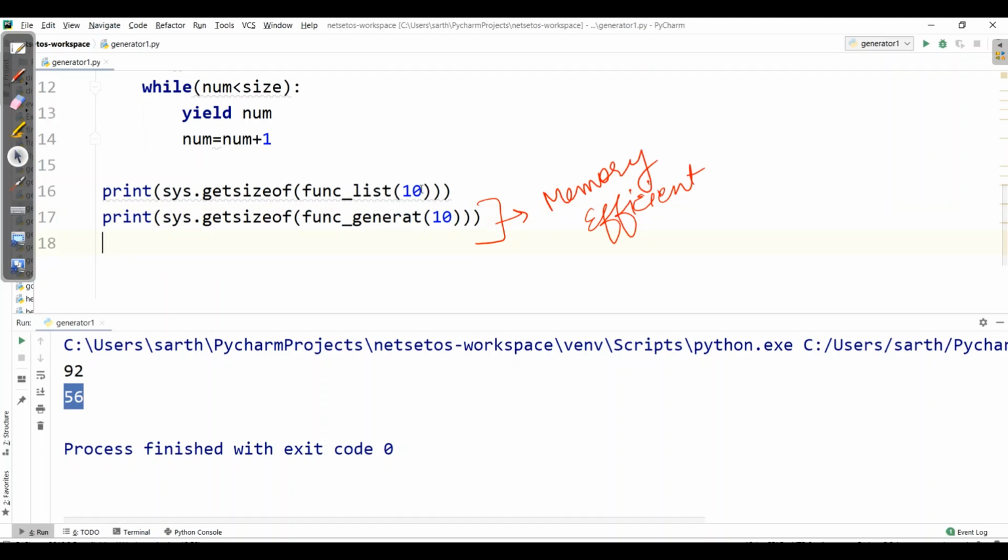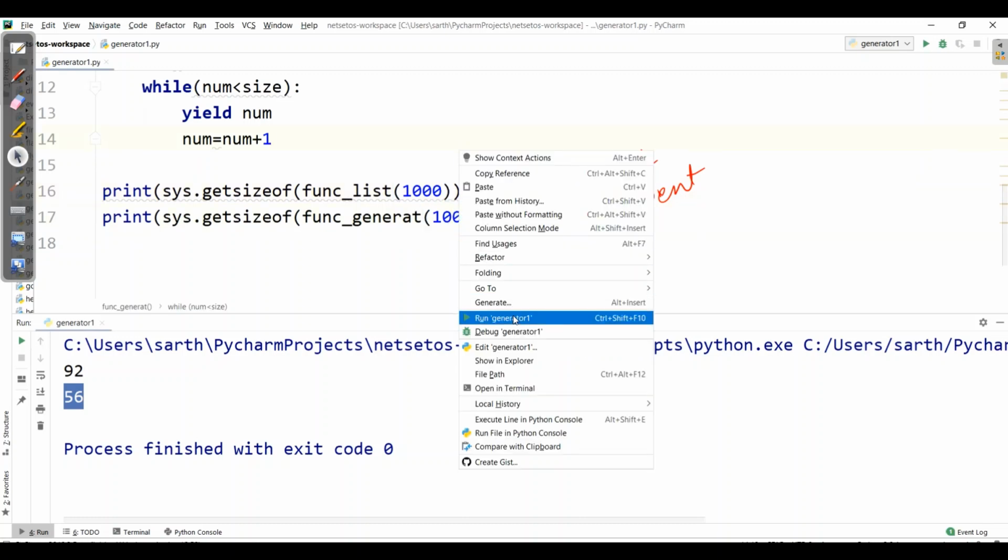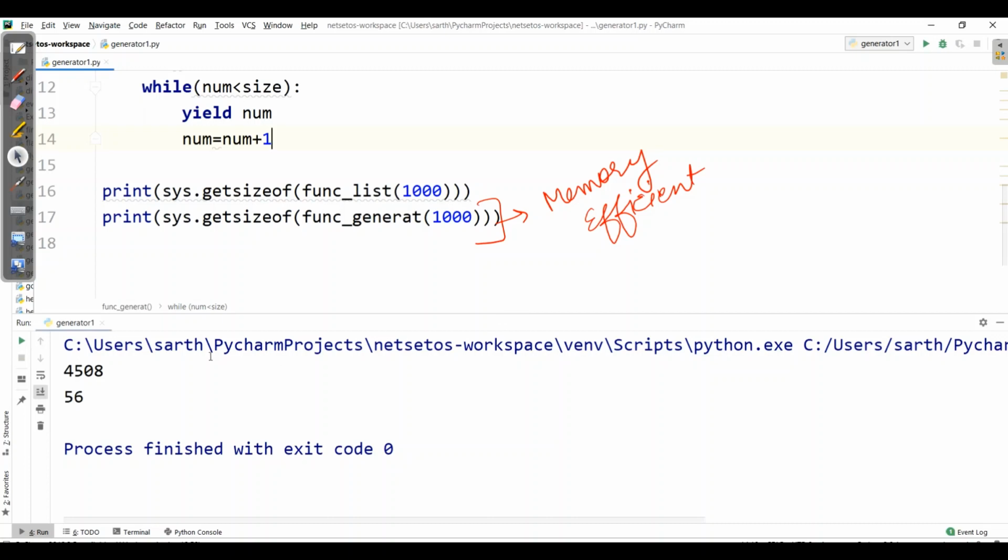Here we have given 10 as the value. Let's see for 1000. For both I'll give the value as 1000, and let's run the program. Here you can see for the list it takes the memory as 4508, while for the generator it takes 56,